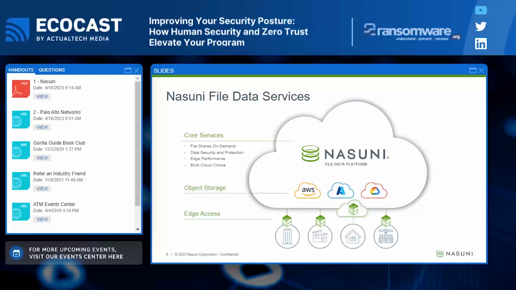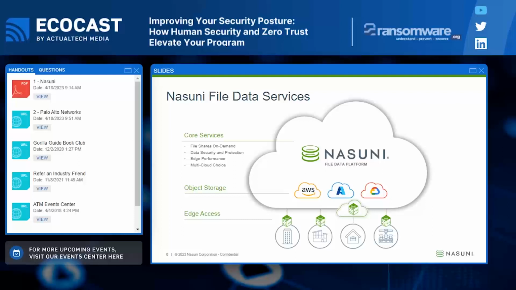Another thing I wanted to point out on this slide was the edge access part of this. So Nasuni's edge instances are access points to the global file system in the cloud. These are lightweight VMs that cache copies of the active data from all of the object storage in on-premise locations or cloud regions, so there isn't latency and you can access the data you need with almost no latency.